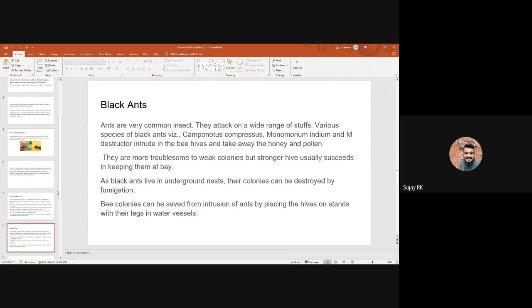ये तो हमको सब पता है कि ब्लैक हैंड एंट्स बीव्स का बहुत रेगुलर पेस्ट है। और इनका मैनेजमेंट भी बहुत इजी है, वास्प और माइट्स जैसा आसान नहीं है। बी हाइव के सराउंडिंग्स में हम एक प्लेट या ट्रे में पानी भर के उसके ऊपर बी हाइव्स रखें तो एंट्स को हम इजीली कंट्रोल कर सकते हैं। इसमें ज़्यादातर केमिकल, स्प्रे या फ्यूमिगेशन करने की ज़रूरत नहीं है। नेक्स्ट।